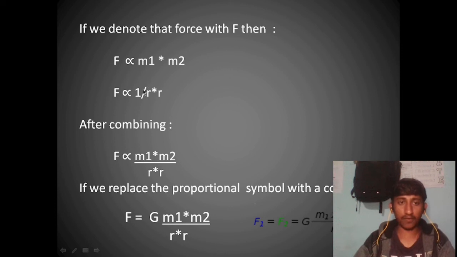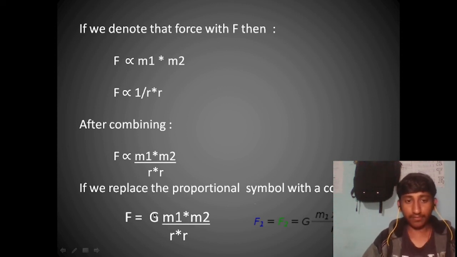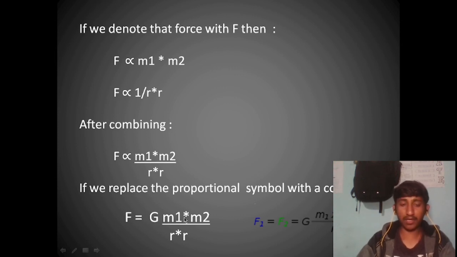Okay. Now after combining these two terms into a single term, we can write F is directly proportional to m1, mass of first body, multiplied by m2, mass of second body, divided by r into r, or r square. If we want to replace or remove that proportionality symbol, then we have to use a constant. So after removing this proportionality symbol, we can write this equation as F equals G into m1 into m2 divided by r square. We can find the value of this G after doing many experiments. Scientists have done many experiments and found the value of